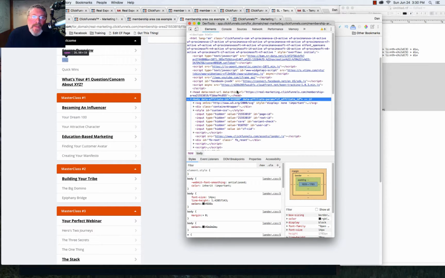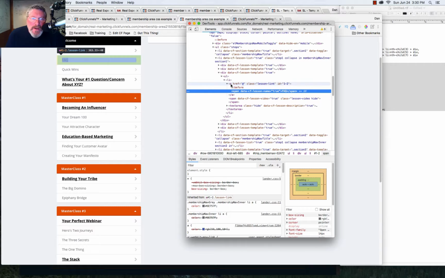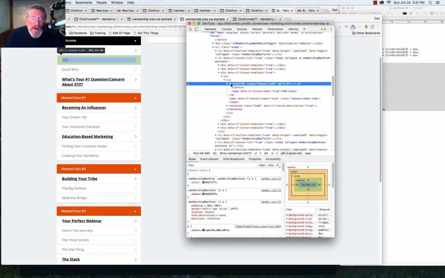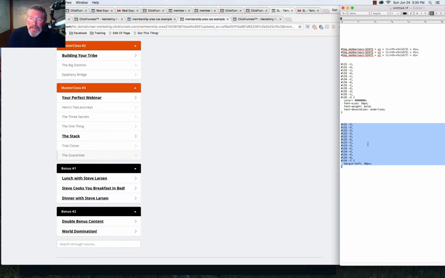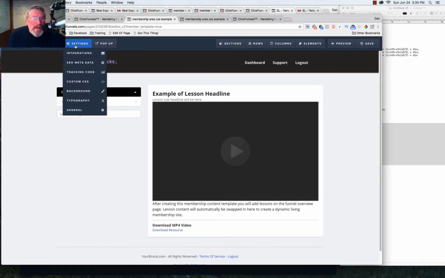Inspect, right click, find what you're looking for, which in this case you always want to go to your A. You want to right click, copy the selector, and knowing what we already know, all the selectors are going to be basically the ones that we haven't picked so far. So I will quickly do that and then get back to you as soon as I'm ready to put it into the site. So I have the code done, so let's copy it, go back into our custom CSS,